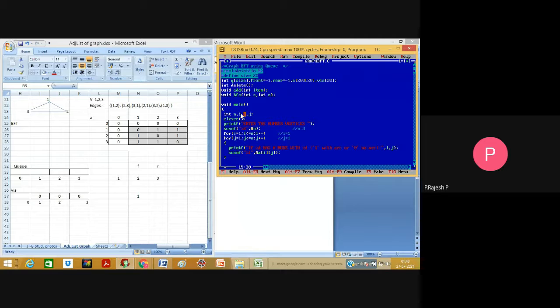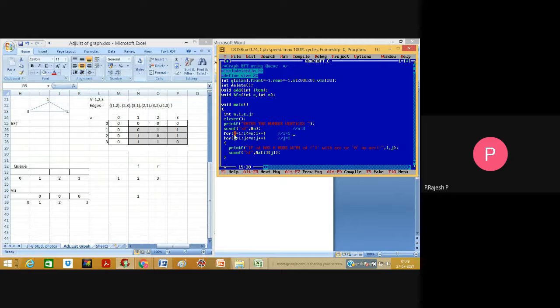For that graph, A is going to be taken as a two-dimensional array, but we are not going to consider the values from 0. We are going to consider the values from 1, 2, and 3. As it is an integer array, by default it is placed with zeros. According to that, we place the value 1 if the arc is there. So we have 1 2, 2 3, 3 1, 2 1, 1 3, 3 2; these are all arcs between the nodes. So it makes sense that we have to place 1.